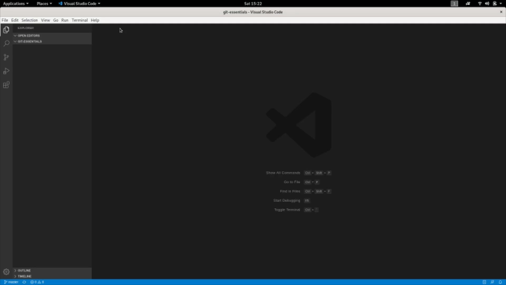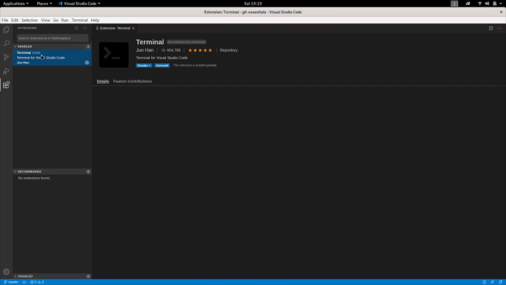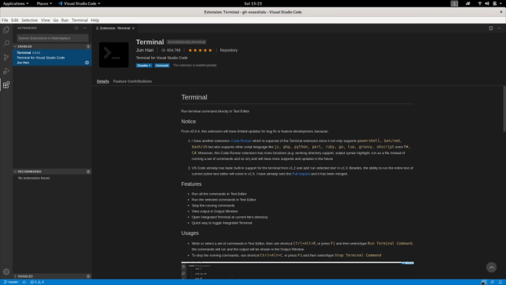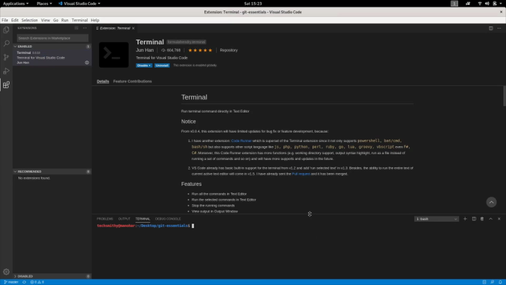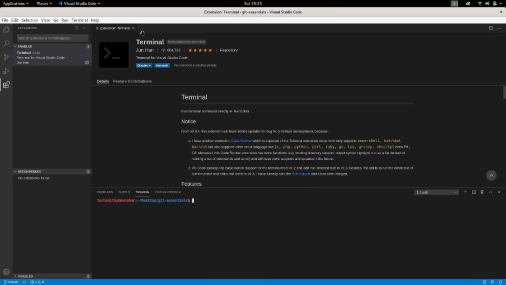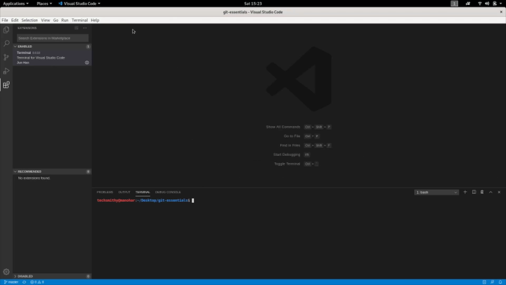So let me explain what I have installed before. I have installed something called terminal here, that allows users to use terminal right from here. You can install this if you want, or you can use the basic terminal. This terminal will be handy, that's why I have used it. Whenever you create a repository, by default your branch will be master. We'll talk about branching in the later parts of this tutorial. For this video, let me do the following.